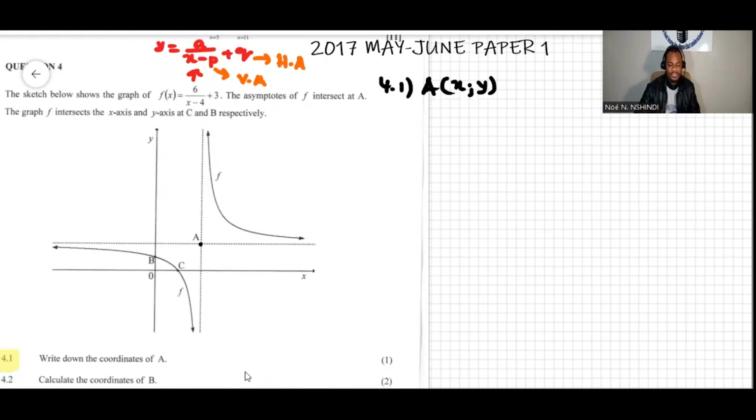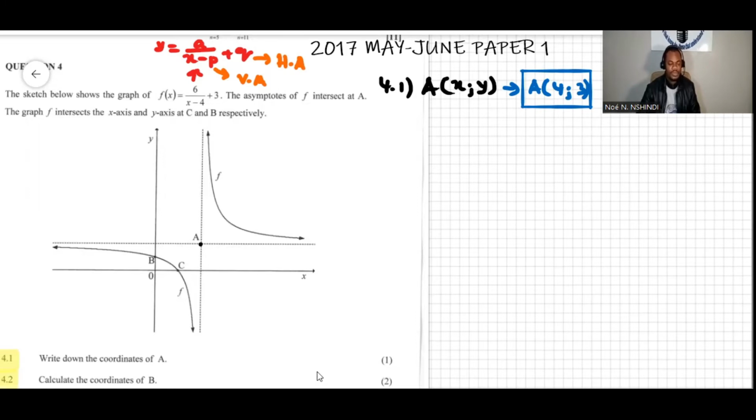So now we say that the vertical asymptote. So A is the point (4, 3). Now the following question says that